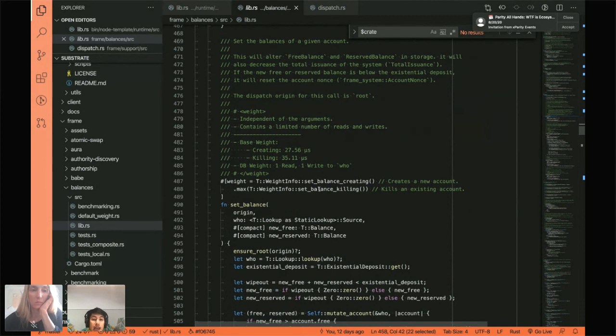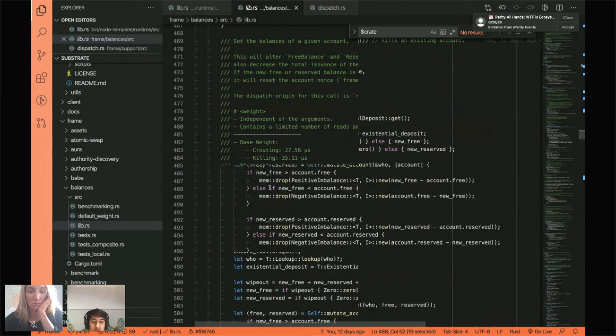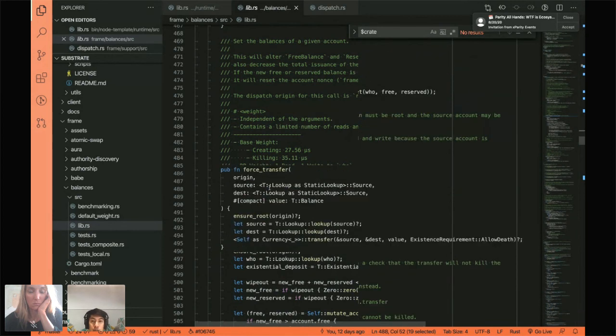And here in our weight annotation, we say, okay, we're going to say the weight of this function is the bigger of the two. Of course you can add more logic if you wanted, but for the sake of the balances pallet, it's good enough to say, okay, one of these might be slightly larger than the other. We're just going to say whichever weight is bigger, that's the weight of this function. And again, I'll show you a little bit more detail later, but you can see every single extrinsic will have this weight info at the top of the function.